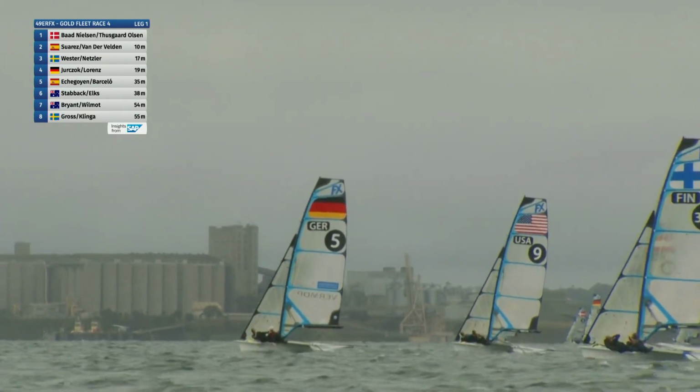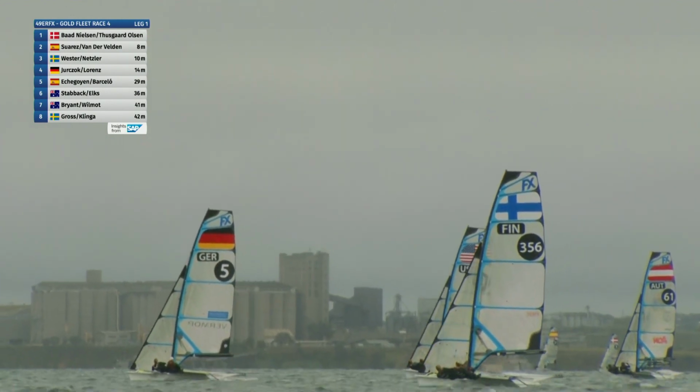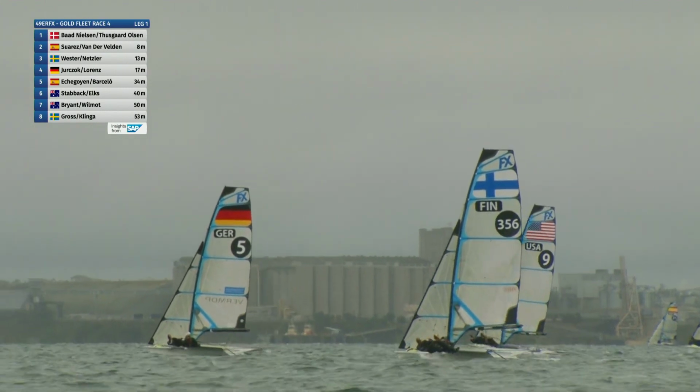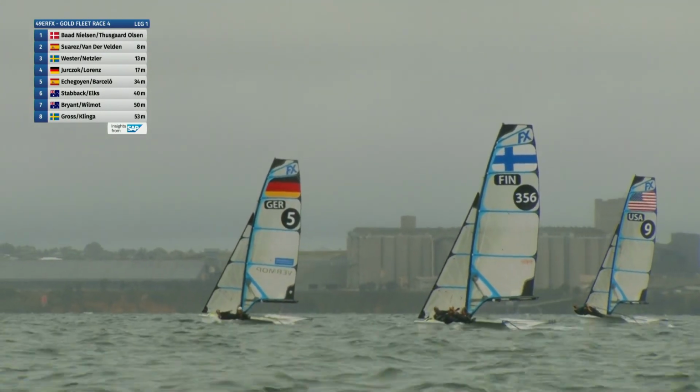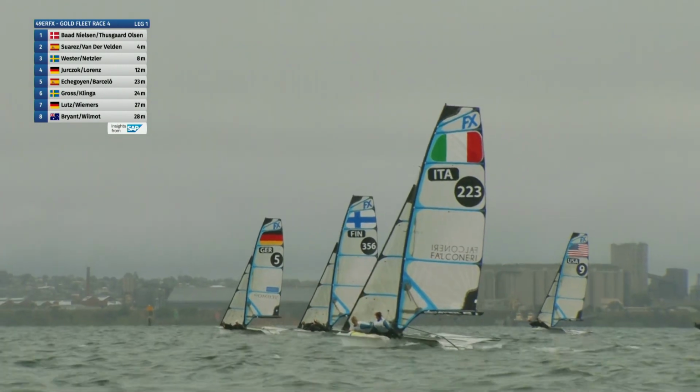But you don't see Finland doing any turns. I can see it on the tracker, so they have just got their turn in now. It was off camera. We missed that moment, but these girls have done their penalty turns. That makes 3 now in this race. Yeah, and we saw that this whole